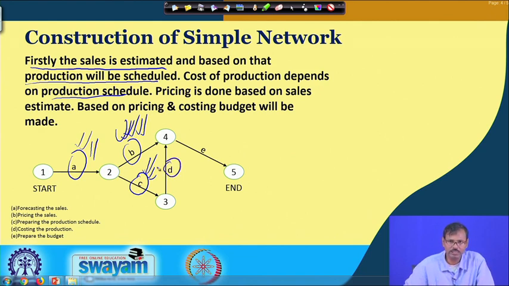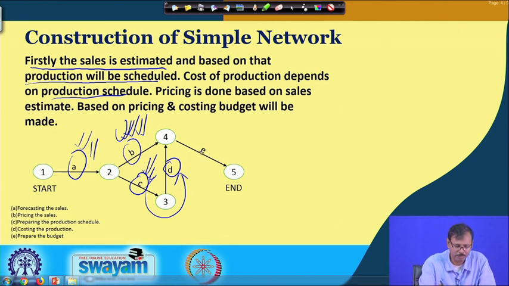D basically gives us the cost of production. That means, suppose we are running a few machines for producing the cold drinks cap, and C is the schedule. Based on the schedule, our pricing and costing of that production depends, because the more the production rate, the cost will in general be reduced. So, in the summer time your production cost will be less than the winter time, because in winter time your fixed cost will be fixed, but only the variable cost will differ. So, that is why your pricing per unit will be more.